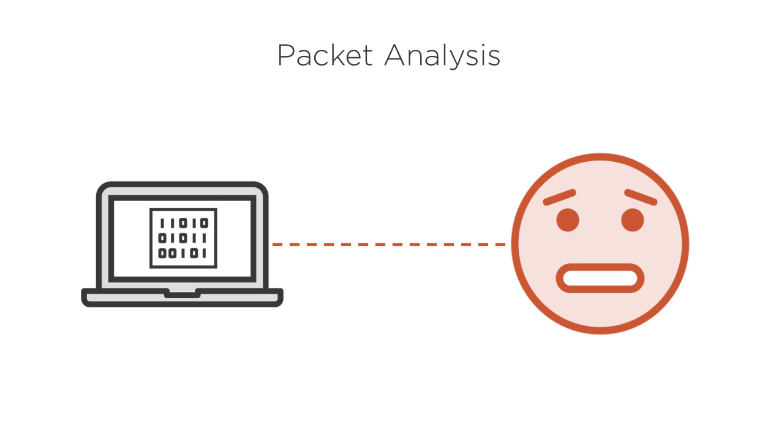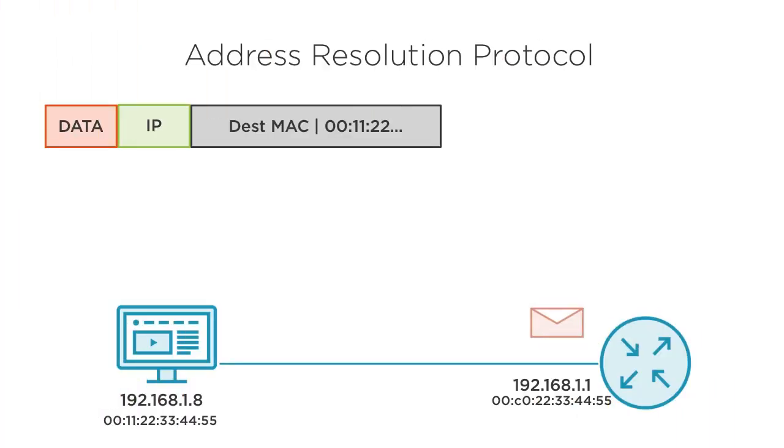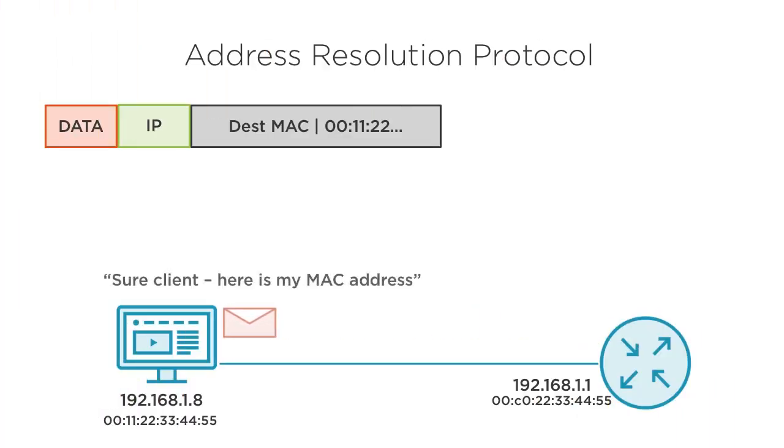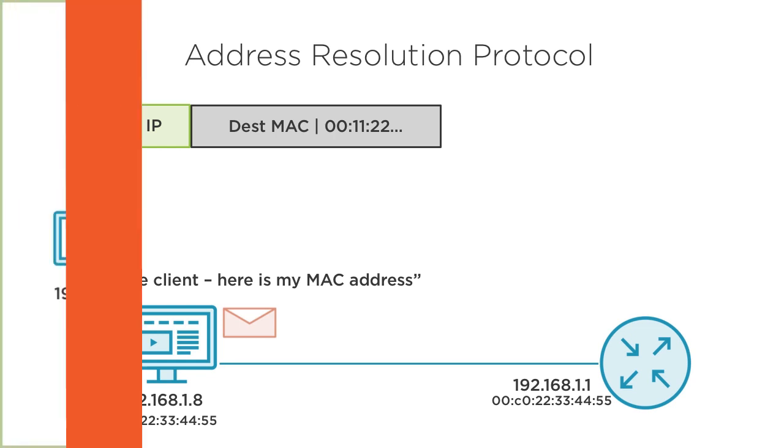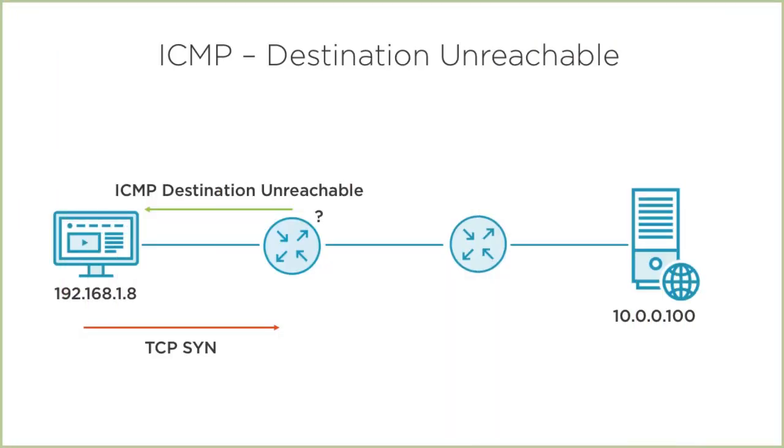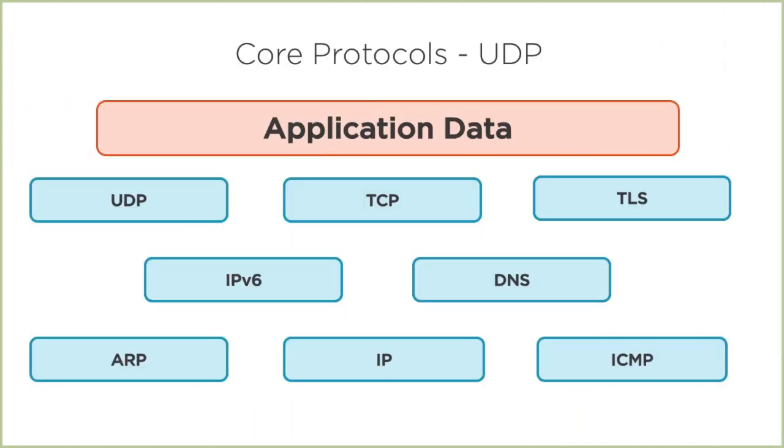Let's face it, packet analysis can be overwhelming, especially considering the enormous amount of data we need to sift through on the wire. I want to show you how to filter through that packet haystack, how to understand the core protocols that you see, and how to quickly identify common issues on the network. When a problem strikes, you'll be able to isolate and resolve the problem faster because you'll thoroughly understand the core